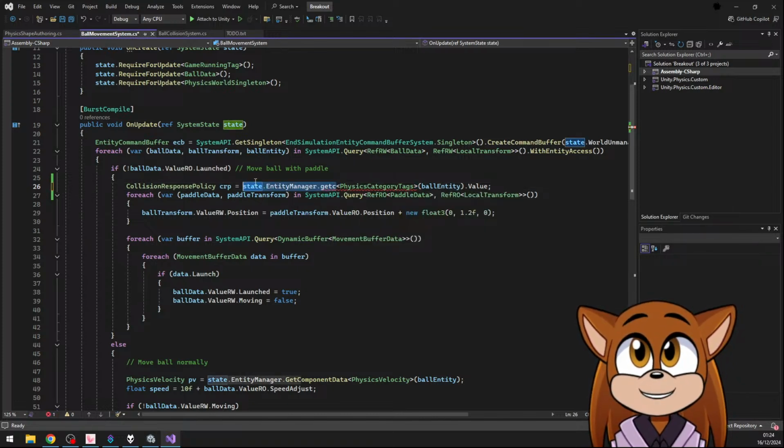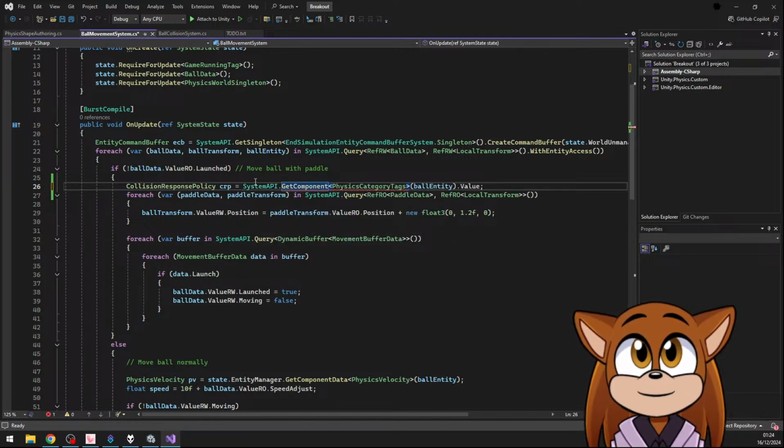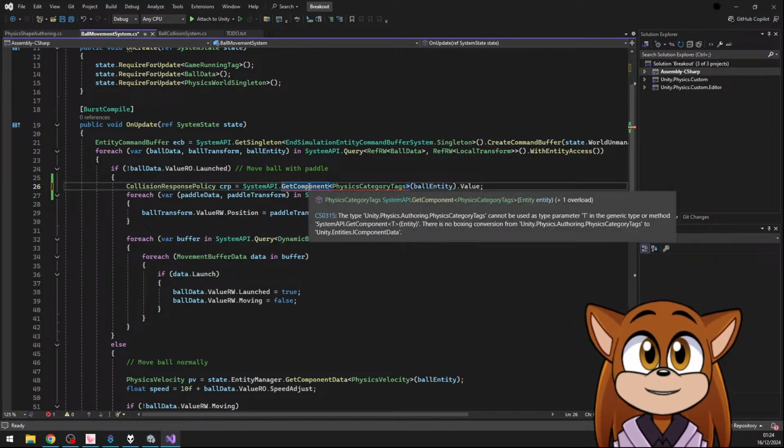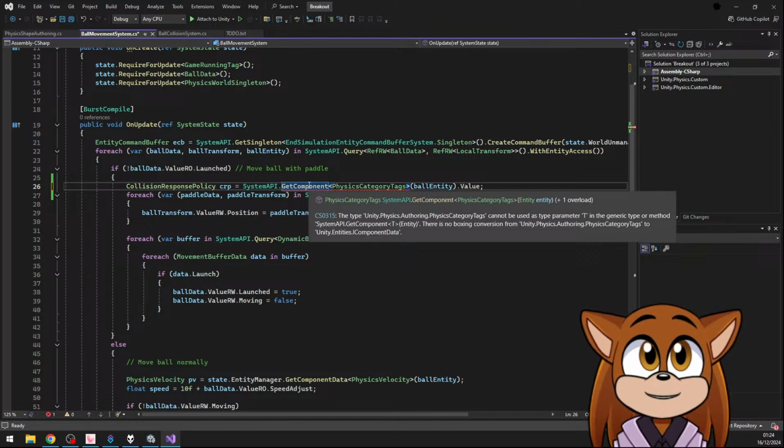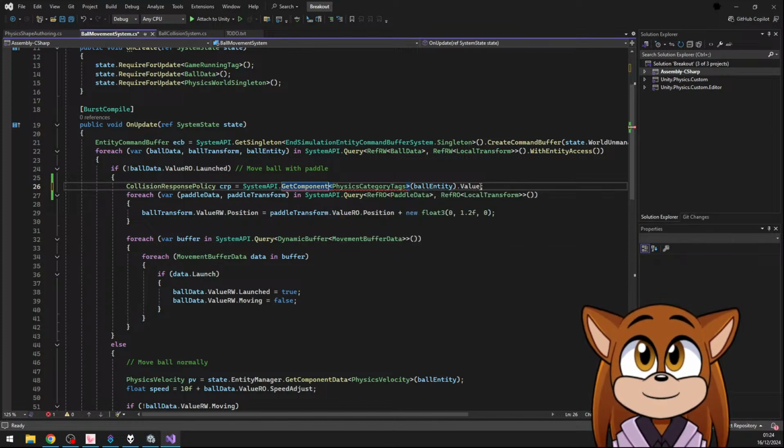Okay, let's go back to the system API. Get component. iComponent data, that's okay, but I want to get the